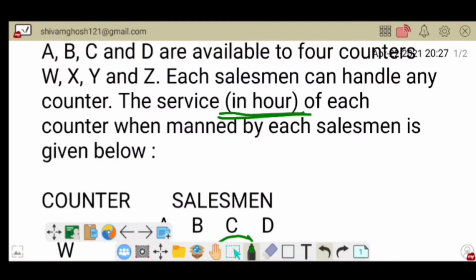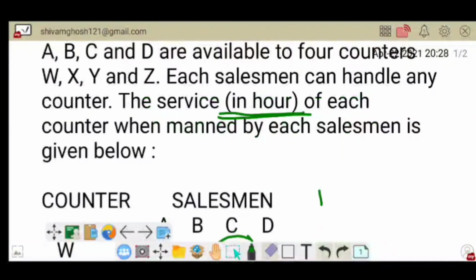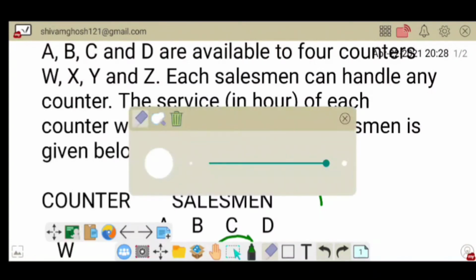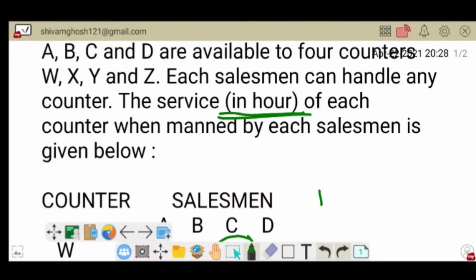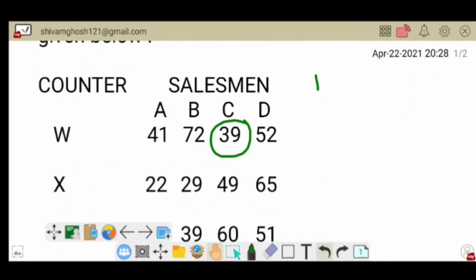So for handling counter W we select salesman C, that will be 39 hours.